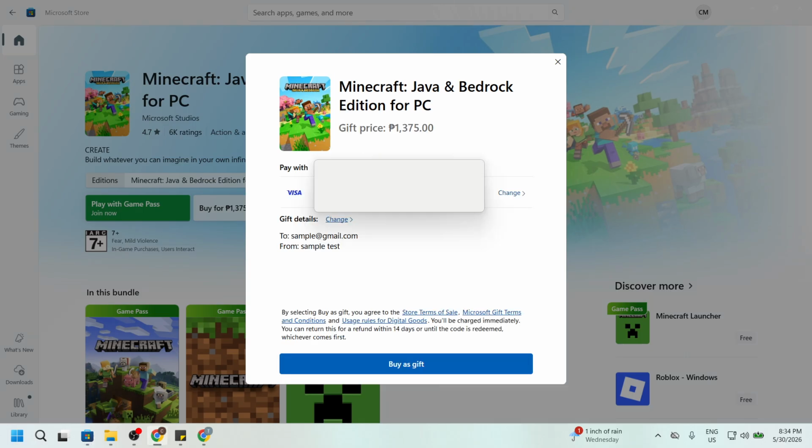After checkout, Microsoft sends your friend a redeemable code by email, and they'll also get a system notification on their console if you use their gamer tag. Tell them to look for the message, and if it doesn't appear right away, to check their spam or junk folder. They can redeem through the link in the email on their console or from the Microsoft Store website. You'll receive a purchase confirmation as well, and if needed, you can usually resend the gift email from your order history as long as the code hasn't been redeemed.